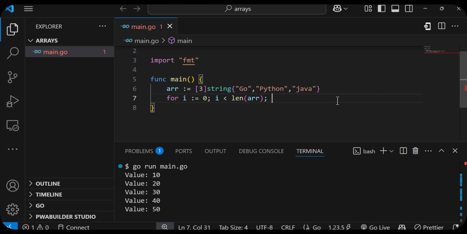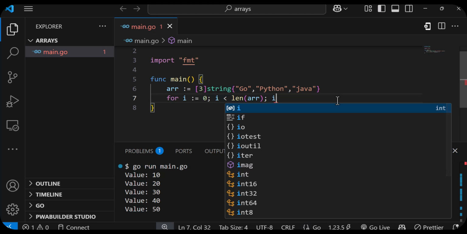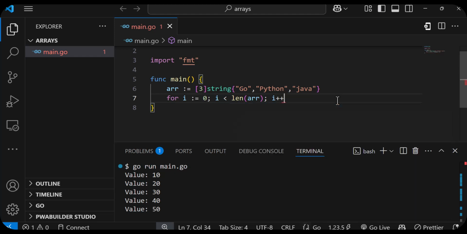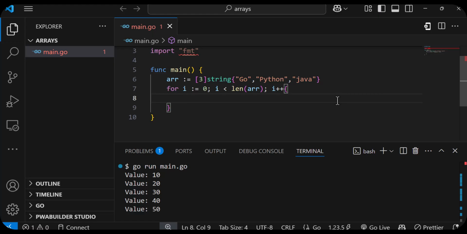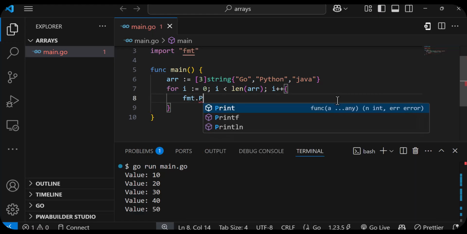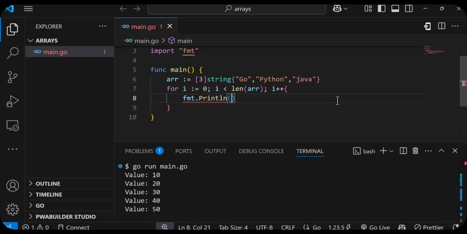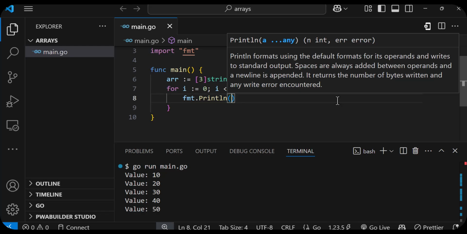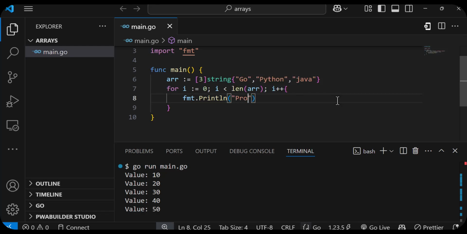We should keep increasing it and print it. So i++, and inside our loop we will print it, and we will say programming language